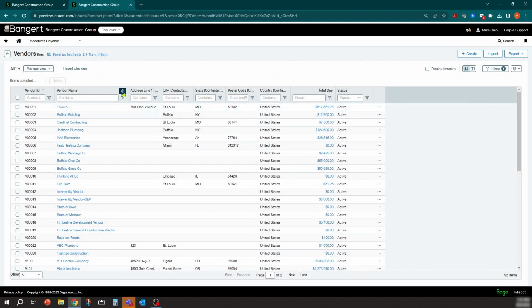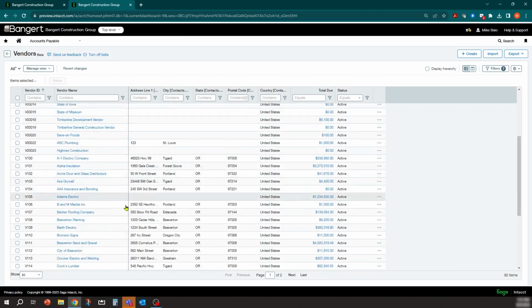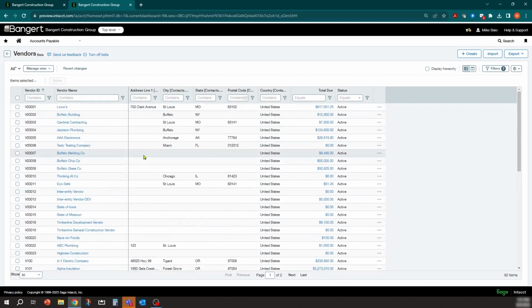The other things you can do with the columns is you can sort them. You can turn on text wrapping. So if you want to have a smaller column here but have it wrap, you can do that. And you can freeze columns. So if you have a wider list here, and when you're scrolling back and forth, you don't want the vendor name to go away, you can freeze that vendor name on the list. Okay, I'm going to turn that off.